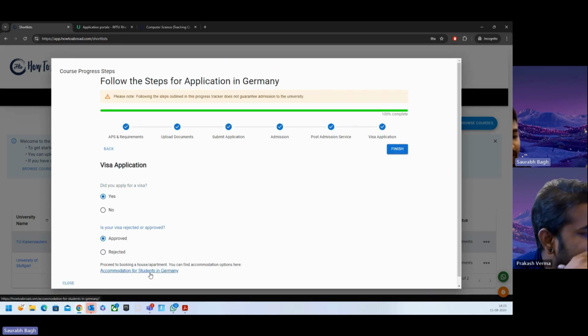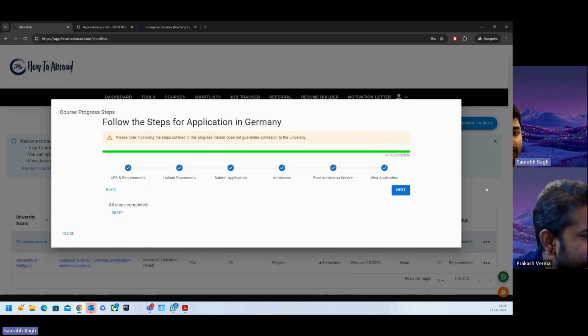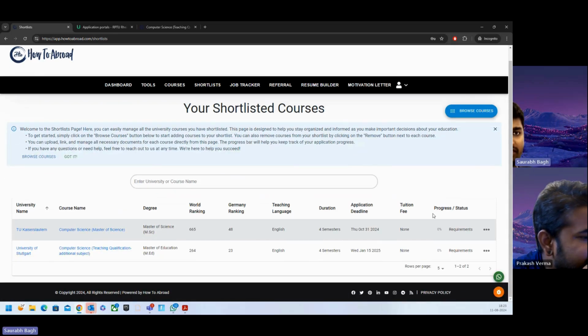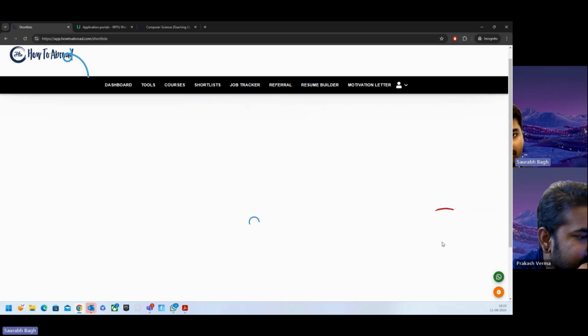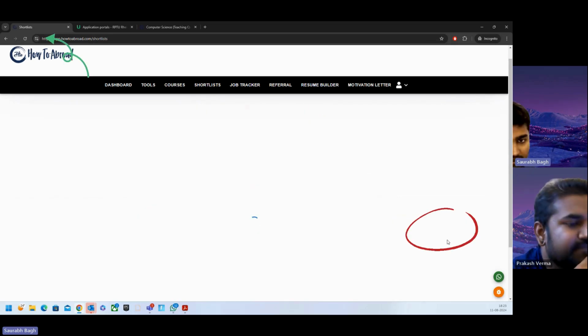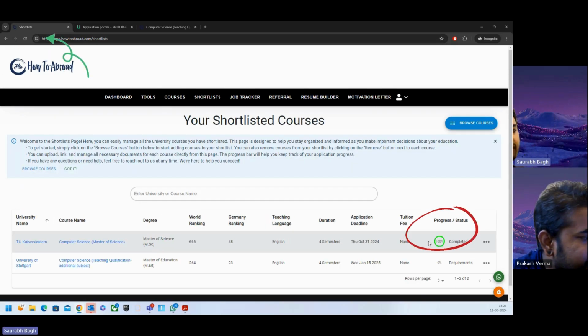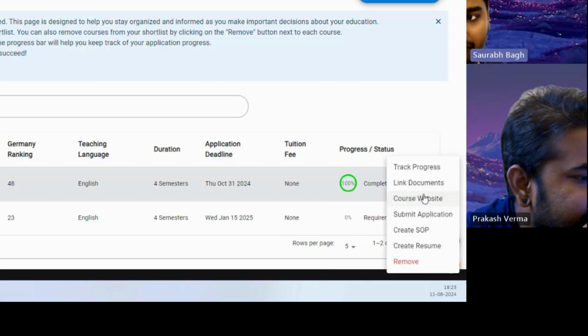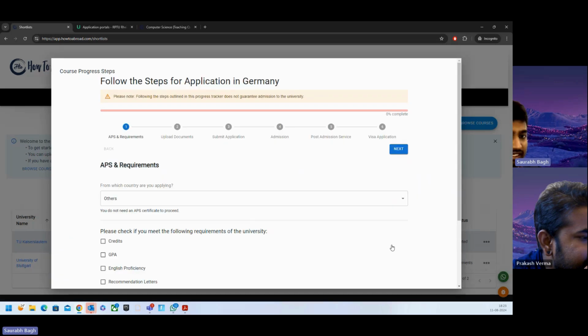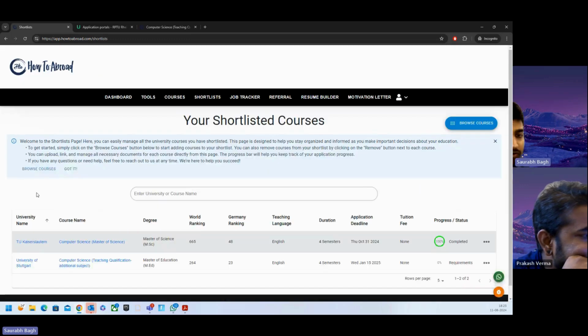And now after that, they can look into the accommodation for students in Germany and they can finish up their application and see the entire application overview in one place. So if you refresh this page, you will be able to see that, okay, I completed the entire process for the first university, and so on and so forth. Each of the universities can be tracked individually, so nothing is related. But APS is related. So if you fill in India over there, it will be populated in the entire selection because APS for one person is pretty